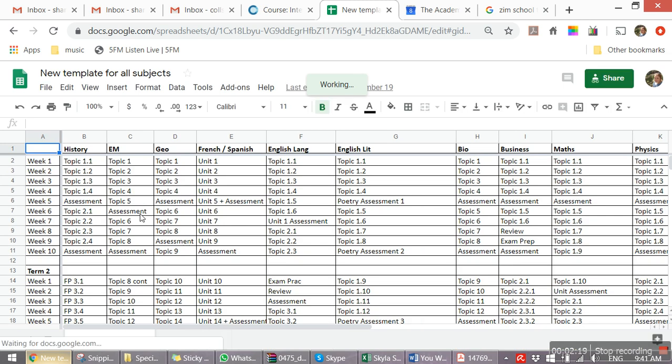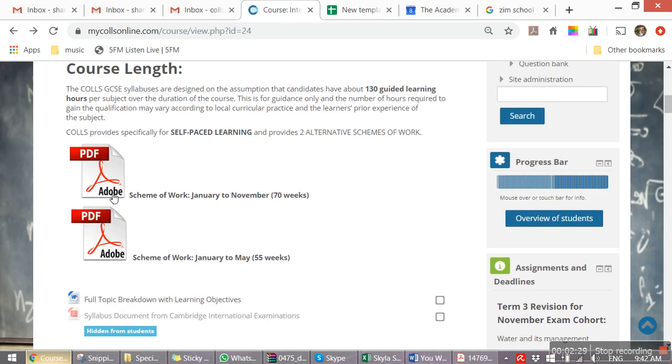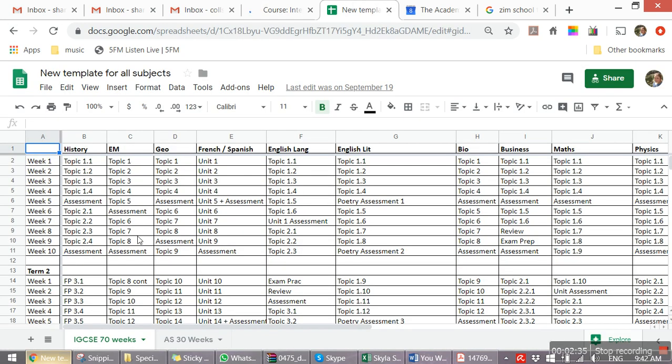Okay, so your end goal for this week, and you know what, if it takes longer than a week, it's not the end of the world. But your end goal for this week is to have your 70-week scheme of work, which matches your course content, which matches the schedule, the template for all the schedules. Okay, on an AS course,